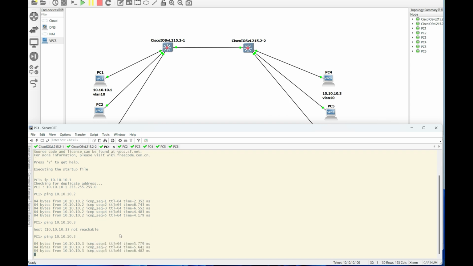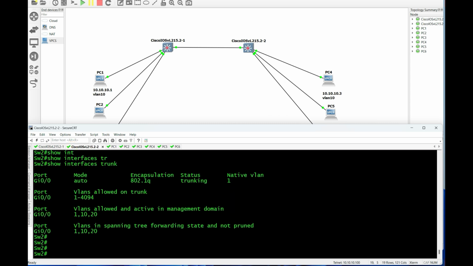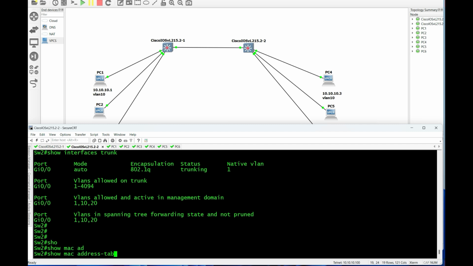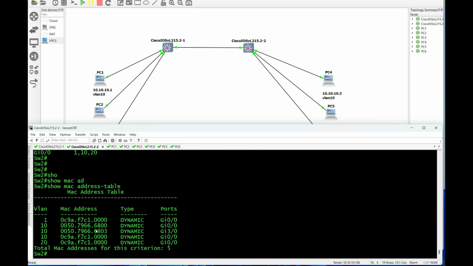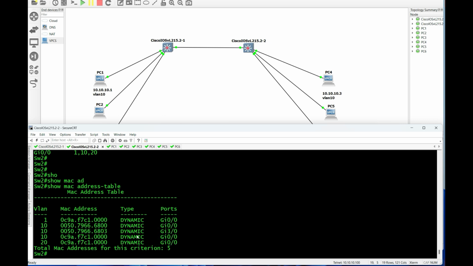Yeah, see, it's working now. If we go here, show MAC address table, you'll be able to see all the VLANs. You can see the MAC addresses are coming. In the MAC address table we can see 0/3 is the VLAN, so this is the one connecting. The rest of the VLAN 10 entries are coming from 0/0, so basically they are coming from this interface. So this is the broad summary of VLANs and